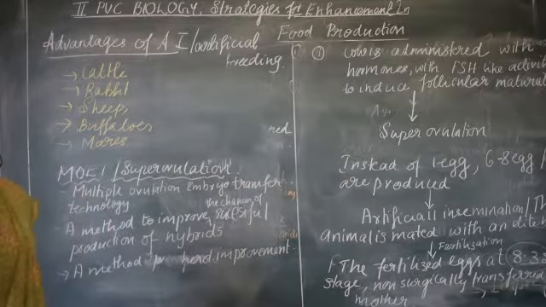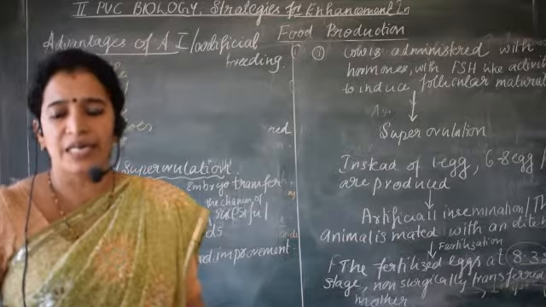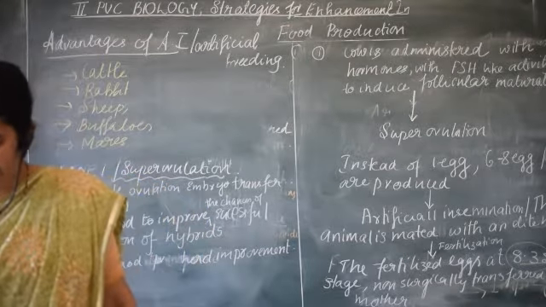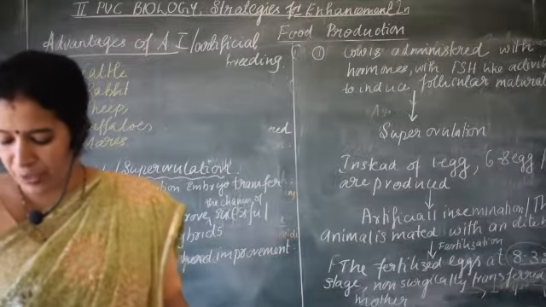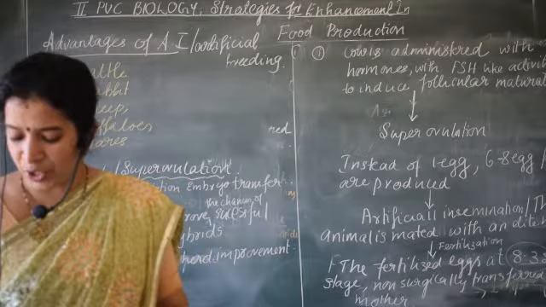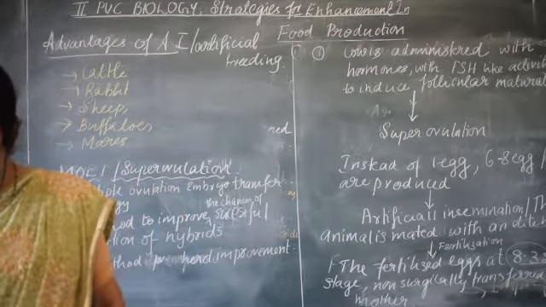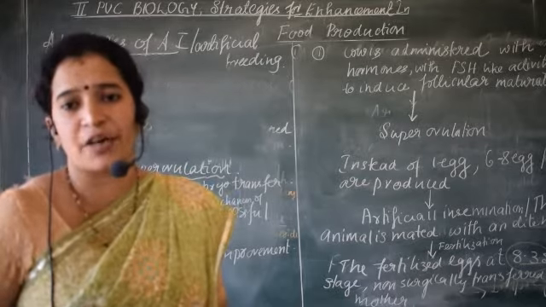So in all these animals, we can use this MOET technique to improve the herd size. Then here one more thing is we have to improve that. Here we can improve the high milk yielding breeds of females, and high quality meat yielding bulls have been bred successfully to increase herd size in a short time.